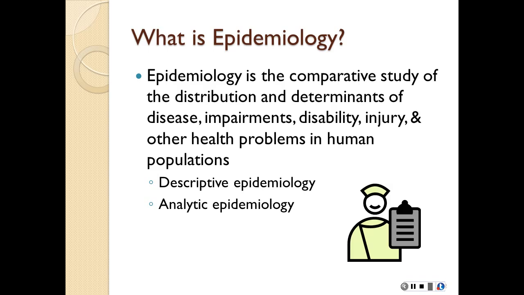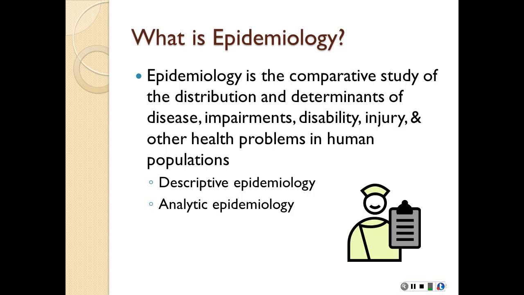Let's see. So epidemiology can really be broken up into descriptive epi and analytic epi. Now, all of it's epi, but they have two different focuses. Descriptive epi is literally describing what's going on, what we see when we're talking about the disease distribution. Who's getting sick? Where are they getting sick? When are they getting sick? That's descriptive.